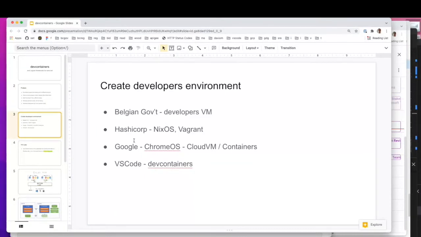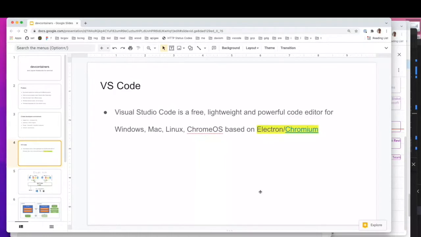And then, HashiCorp, they use NixOS and Vagrant a lot. Google, they use Chrome OS, so all their stuff is built in containers and out there through their browsers. So they have very thin desktops. And then VS Code had this Devcontainer thing, like we said, that was kicking off. And it made us look at it a little bit because we've got Windows, Macs, Linux, Chrome OS users, and